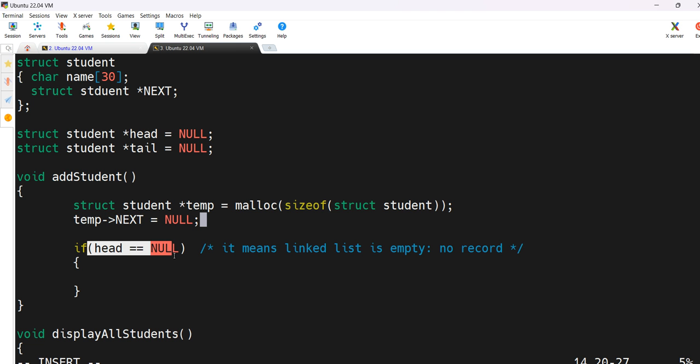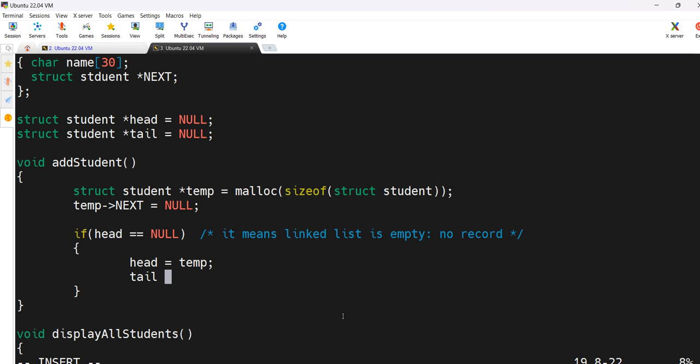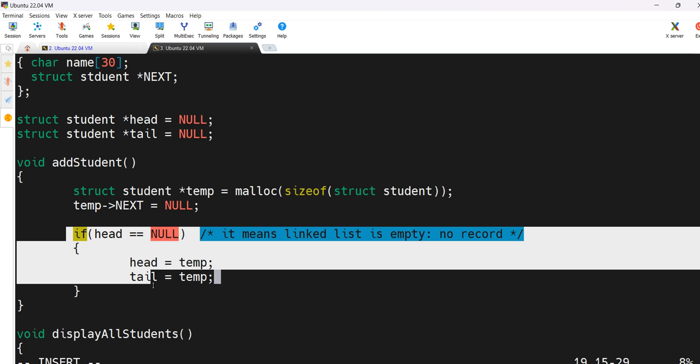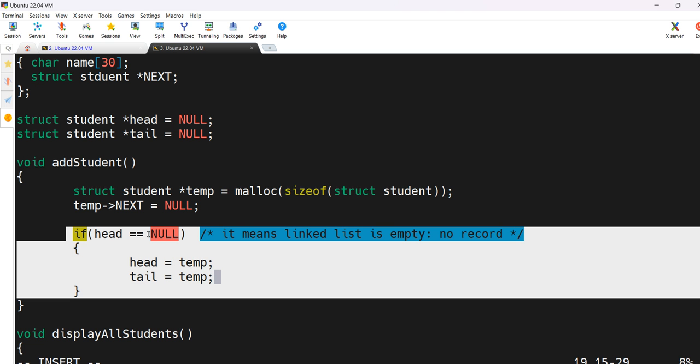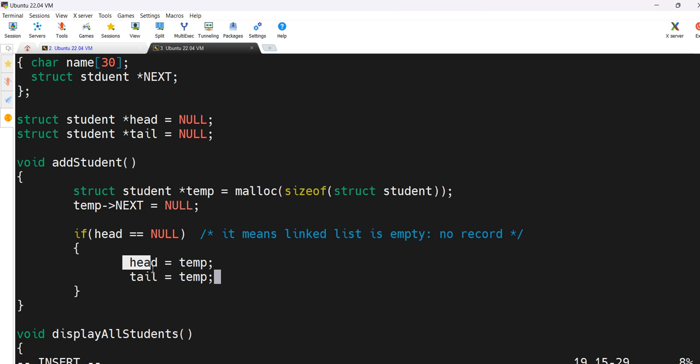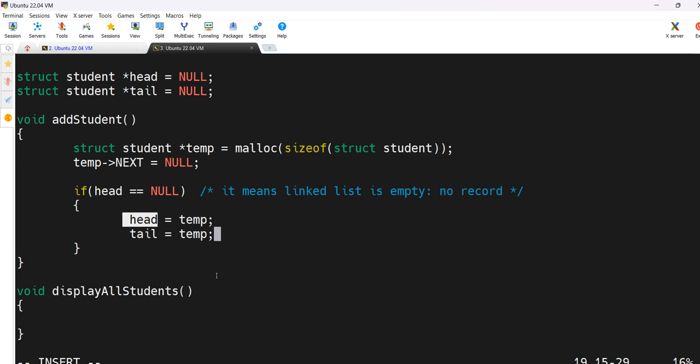Now we are seeing head is null. It means this node is the very first node. If this is the very first node, then head should point to this node, and tail should also point to this node. So if we don't have any node in the past and we are creating a new one, then that node will be the very first node, and head and tail will point to that node. Now in the else scenario,